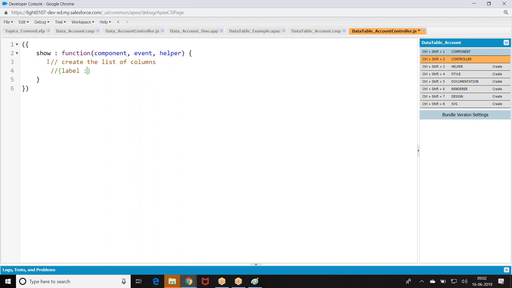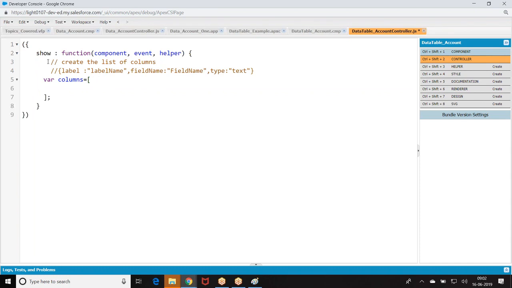If you remember well, label, field name, and type, which gives the data type of the field: text, phone number, email, like this. So I was taking here columns equal to,